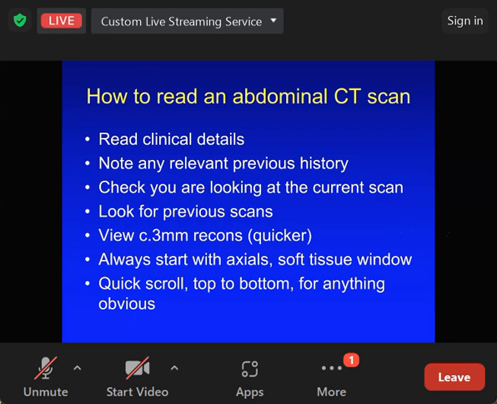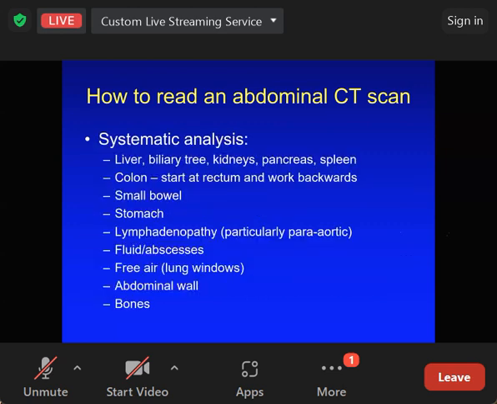You might see a pneumoperitoneum, you might see obvious bowel obstruction, and so forth. If you haven't seen anything obvious, then you have to go through this systematic analysis of the organs of the abdomen, pelvis,